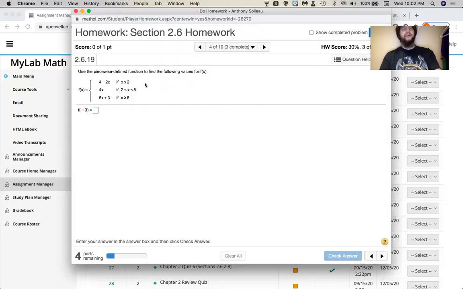Here we go. Piecewise functions. So sometimes you'll have a function that's just a bunch of different functions shoved together, but only part of them are graphed. For instance, this right here would look like this line as long as x is less than or equal to 2. Once you get to 2, you stop right there, and then you go to this line. Between 2 and 8, not including, so there's no line in there, it doesn't include those. It looks like 4x. So this has a -2, so this is a 4 slope. So the first one,